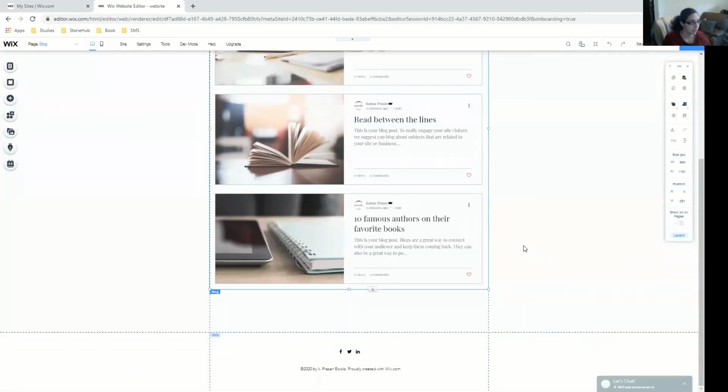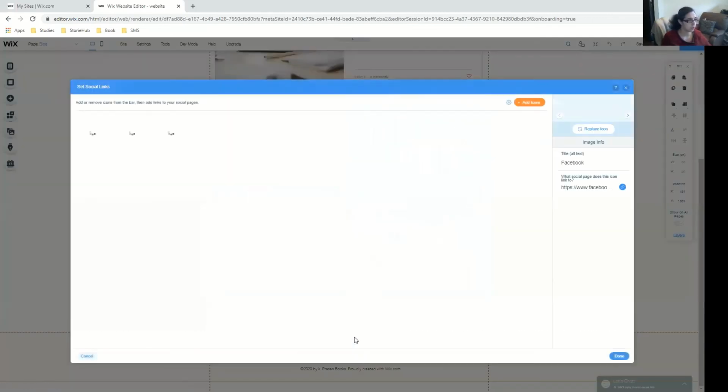The last thing that I would like to talk about is this social media bar. As I mentioned, the social media bar will, from one destination, take you to the different social media platforms that you have. So let me just show you. So let's say you don't have a LinkedIn, you don't have an Instagram presence and you want to delete it. You can. Just delete it.